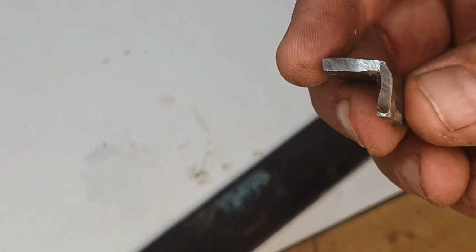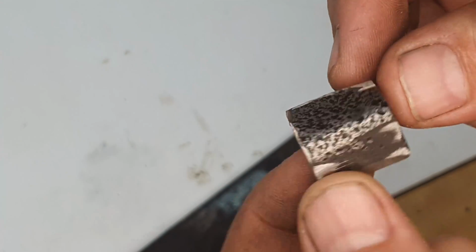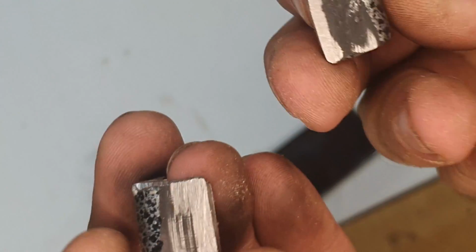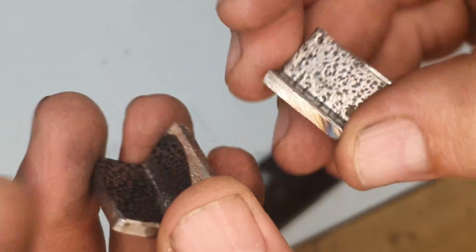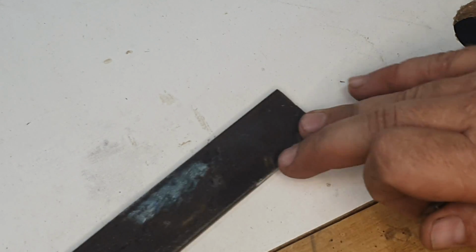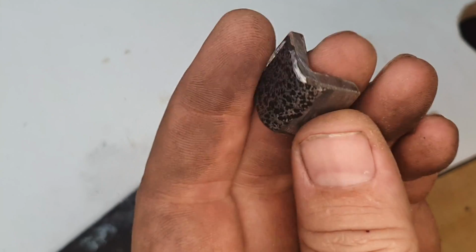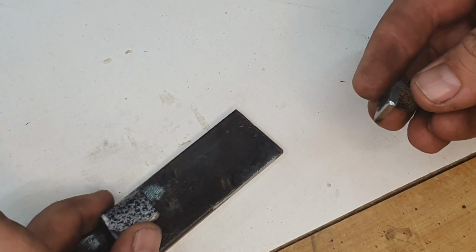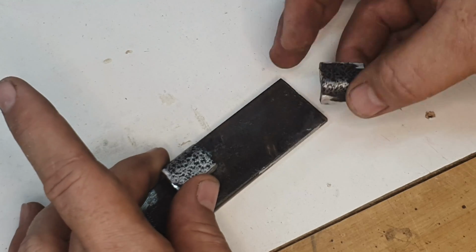The two hooks on this thing are basically a piece of angle iron that I've just cut two pieces out of like this, and I have cleaned the edges so that they are weldable. The same on the flat bar. I've also cleaned the two places where I want to attach these. And now the basic idea is to take these two hooks like this. The one is going to be welded onto that side over there, and the other one is going to be